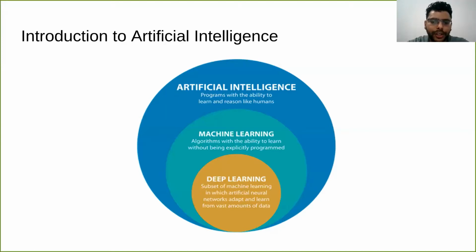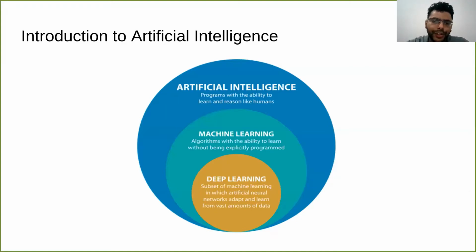So with both machine learning and deep learning, the main idea is to create some kind of intelligent system. The only difference is that for deep learning we use a different set of techniques, and for machine learning we use a different set of techniques to do that. Deep learning is a bit more advanced and recent version of machine learning, and machine learning is kind of a bit outdated now, and we don't use many machine learning techniques these days.